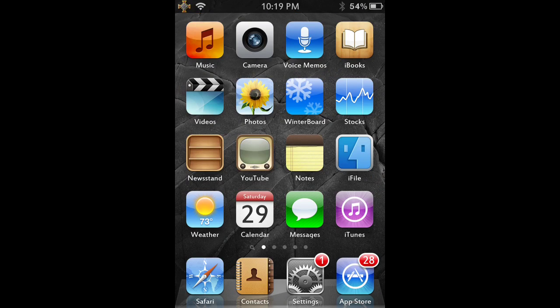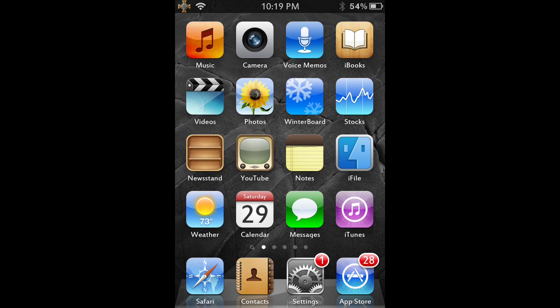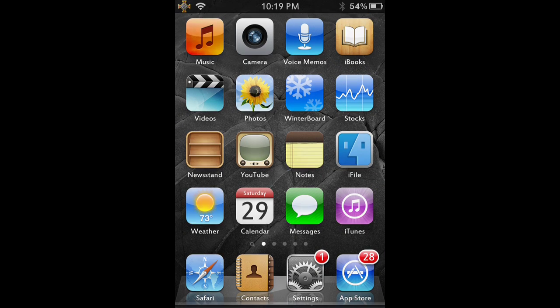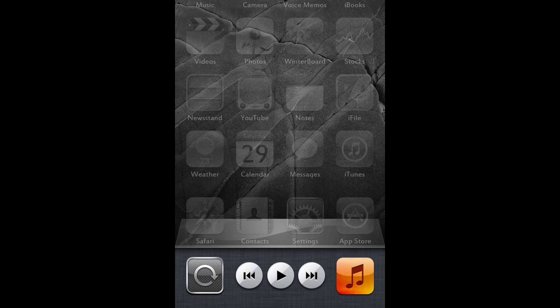remember when you double click your home screen, a nice little tab on the bottom comes up and shows you the apps that you've recently used. But when I'm opening all of these apps, my device really starts to get laggy, and I'm sure this happens with yours too. So if you double click, you'll get these nice little apps, and this is everything that is currently running. So all you